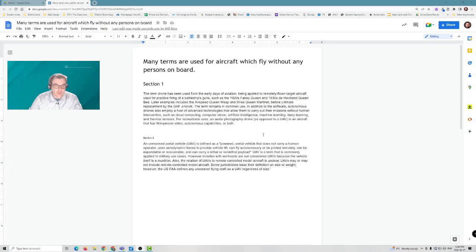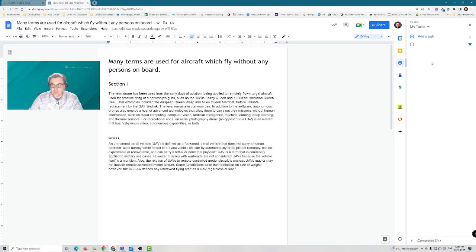The final new tool that Google Docs has added recently is tighter integration with Google Tasks. Google Tasks is your digital to-do list that follows you through all your workspace apps. Here on the sidebar in Docs, we can see the Tasks icon. Clicking it opens your to-do list. This tighter integration means that now, if we go into a Google Doc,